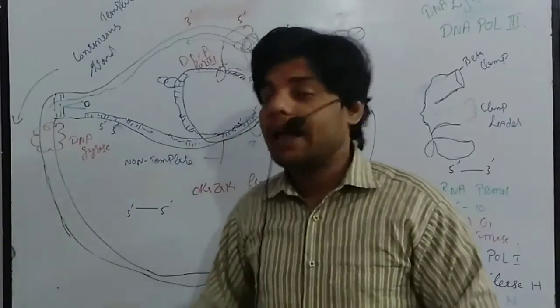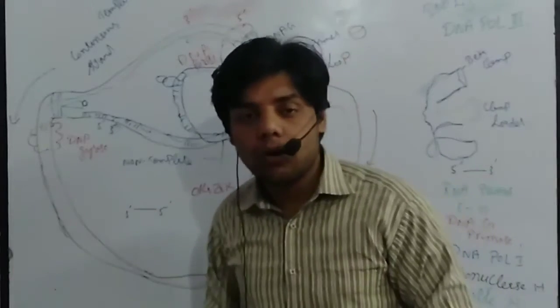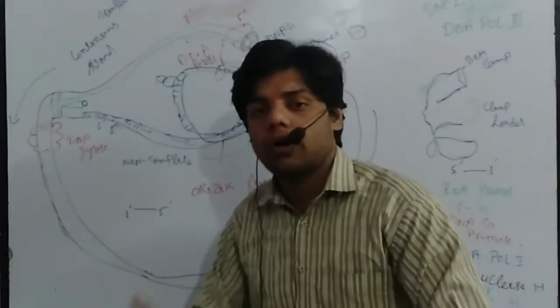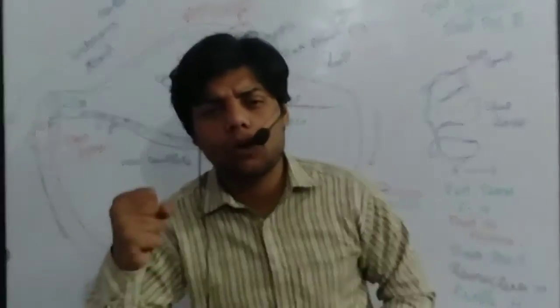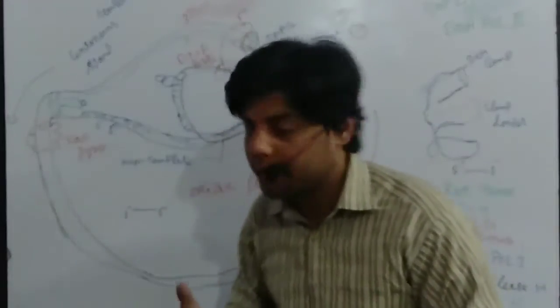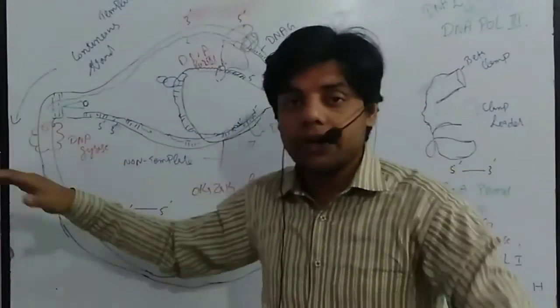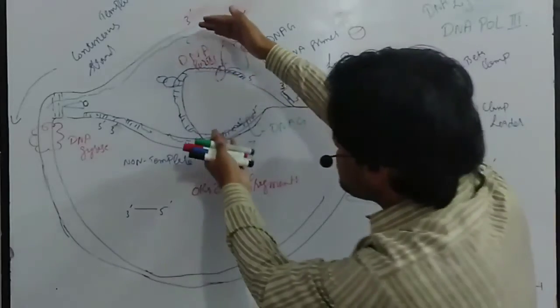Ribonuclease can remove it, then DNA polymerase can add the new nucleotide. And the process goes on many times, and it is very quick. The process goes on very quickly, and then the strand is elongated and elongated, and this upper strand can